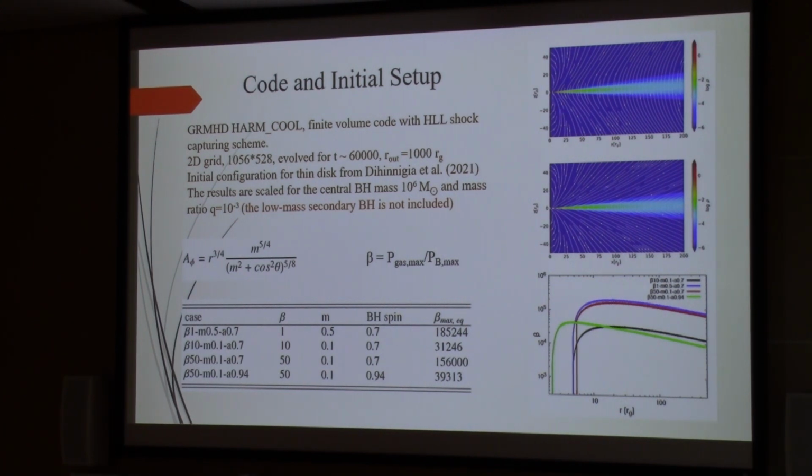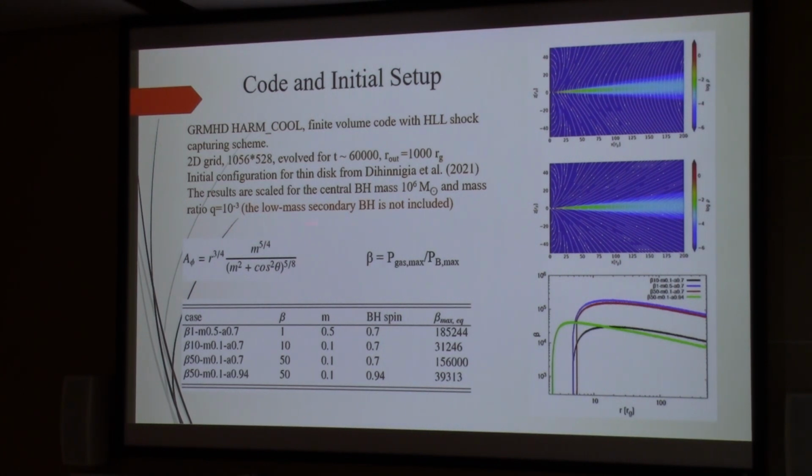For our numerical simulation, we use our developed version of HARM-COOL. We are evolving the disk in a two-dimensional grid with this resolution, and we evolve up to like 60,000 code units. For the initial configuration, we use this thin disk structure from the Penna paper, which creates a disk like this. And we scale our results for a case of a primary black hole of 10^6 solar masses and a mass ratio of